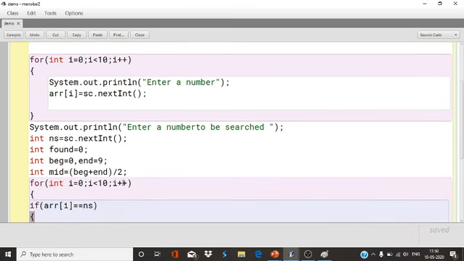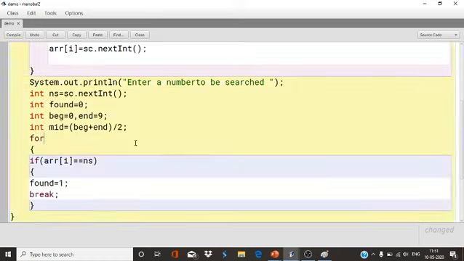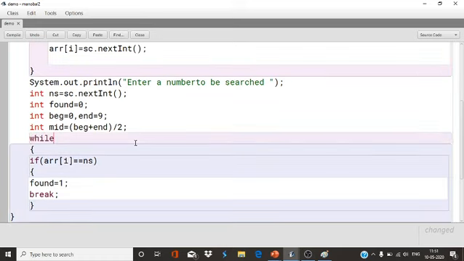Now how many times will the loop execute here? The loop will execute till beginning is less than or equal to end, so while beginning is less than equal to end.